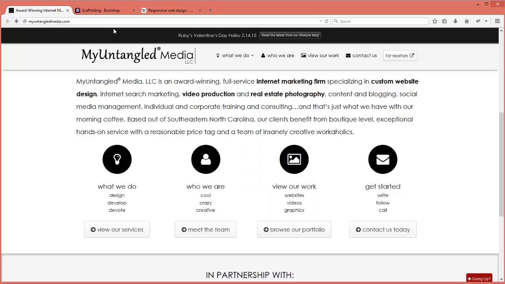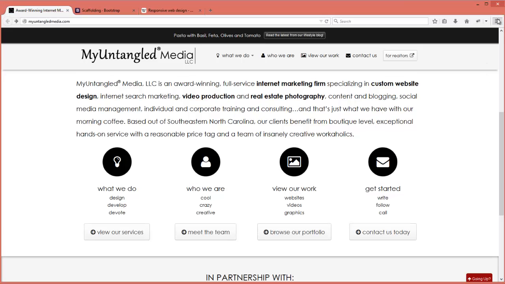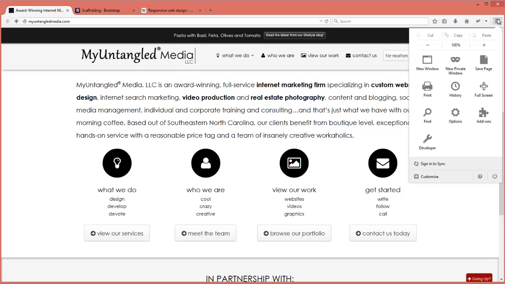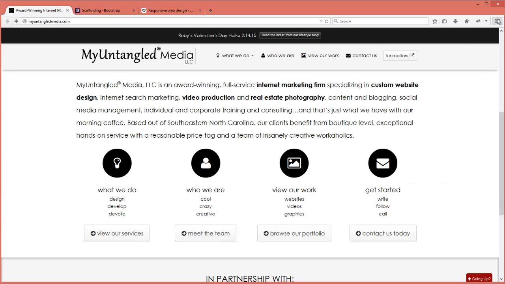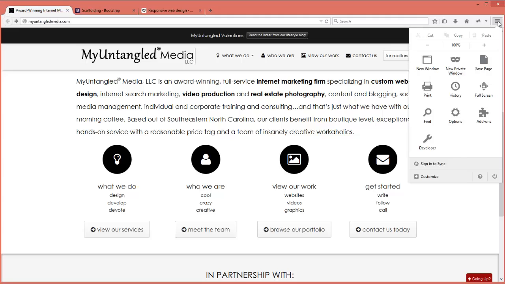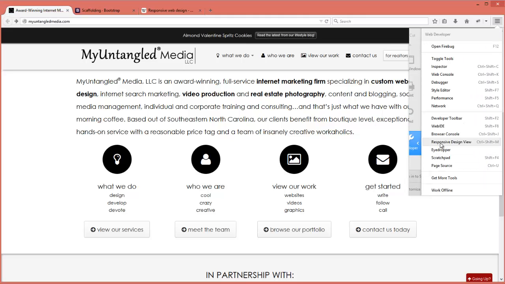Okay. Let's look at it in an actual design. Here on the MyUntangled Media website, we have 4 columns laid out here. So these are all 3, evened out. So 4 times 3 is 12. And so if I were to show you how to mimic this, I'm going to go in... So what am I in? I'm in Firefox. I want to show you a trick to mimic responsive web design and see how things look in Firefox. So if you click over your little Firefox menu here, and you click on Developer, and you go to Responsive Design View,